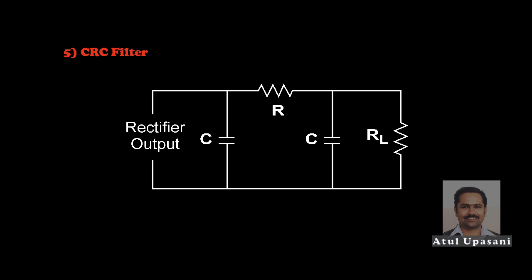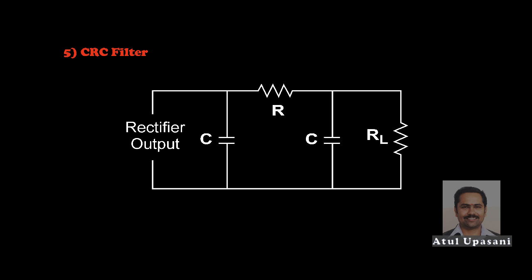As the inductor is very bulky and very costly, instead of using the inductor, we can use a resistance that will drop some AC there. So in this way, only a resistance can do this. Here the inductor is replaced with a resistance. Again, the same filtering action is done by the second capacitor, so this filtering action is the same as that of the CLC filter. That is why the resistance is used, to decrease the cost and size of the circuit.